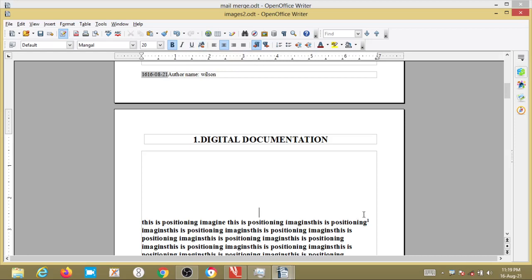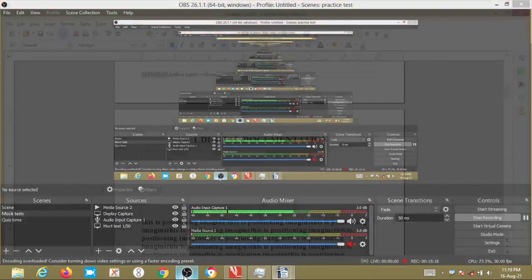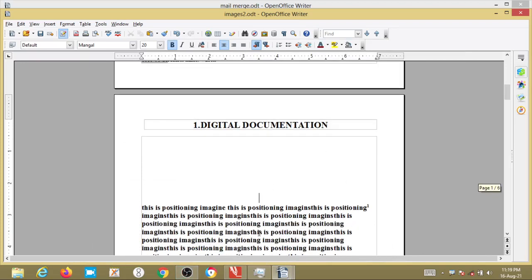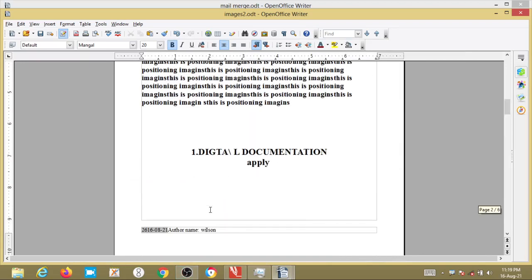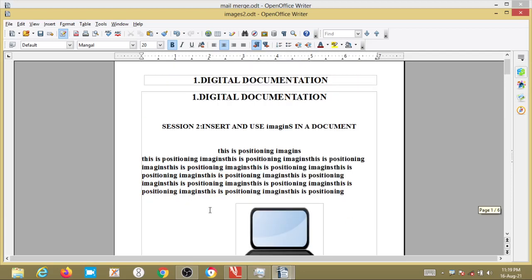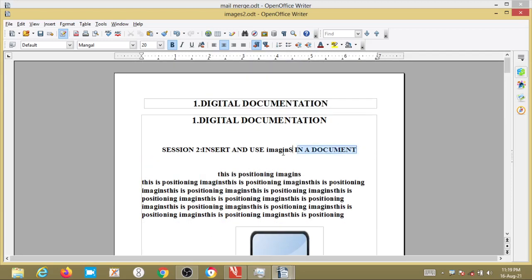Now what's the first step here? Steps to make the text bold. How will we make text bold? First, select the text which you want to highlight or make bold. Suppose this is the line which I have to select first.